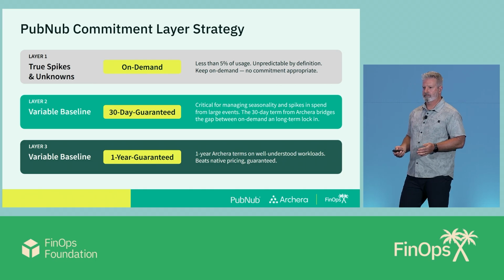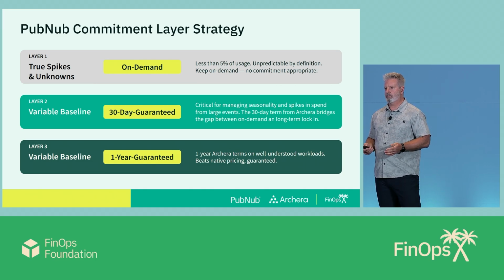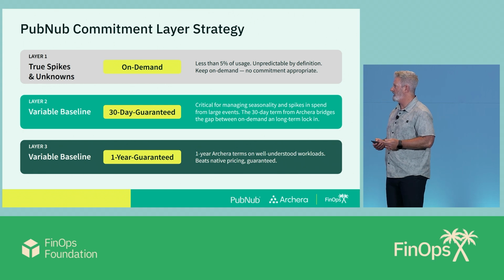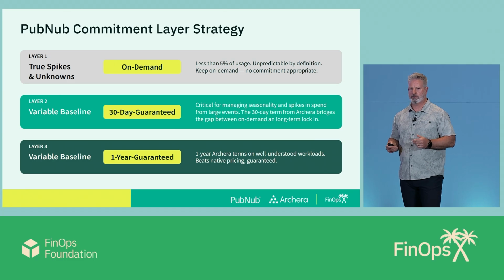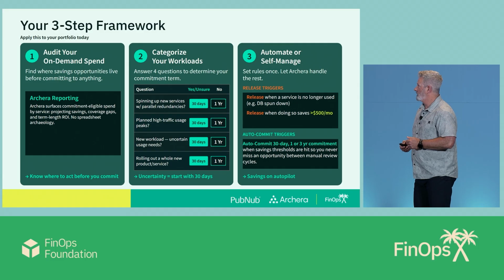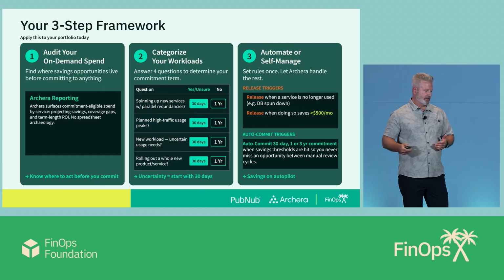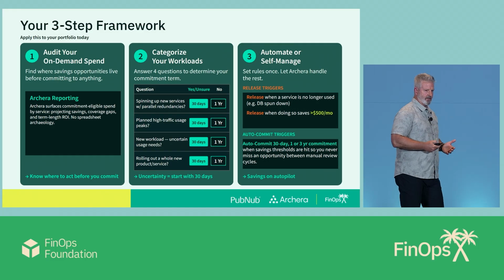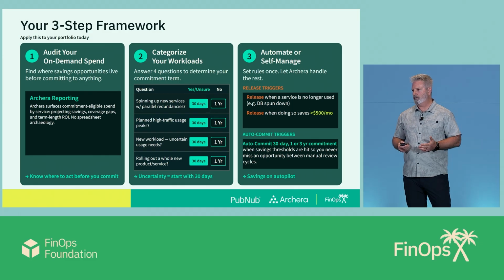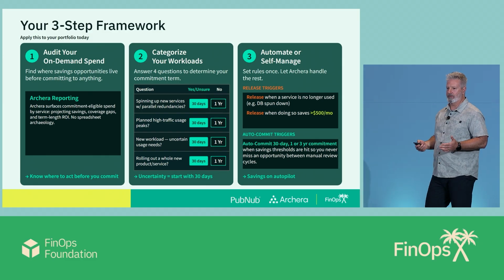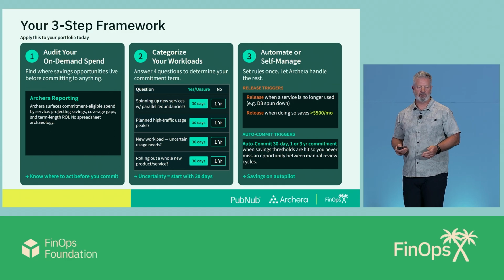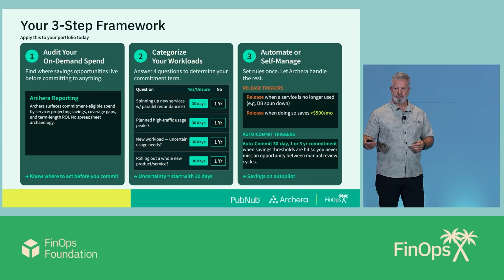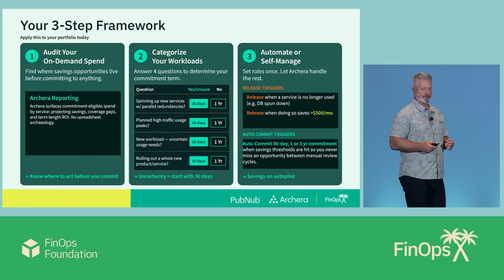And so that's great. The risk has been completely reduced for us in that second layer there, and we tend to keep about 15 to 20% of our infrastructure in that layer and that level of commitment. Hopefully some of this is resonating with you. I have no doubt everybody here has some sort of FinOps tool they're using to manage their cloud spend. If you don't, there's a whole ton of them downstairs you should go check out.